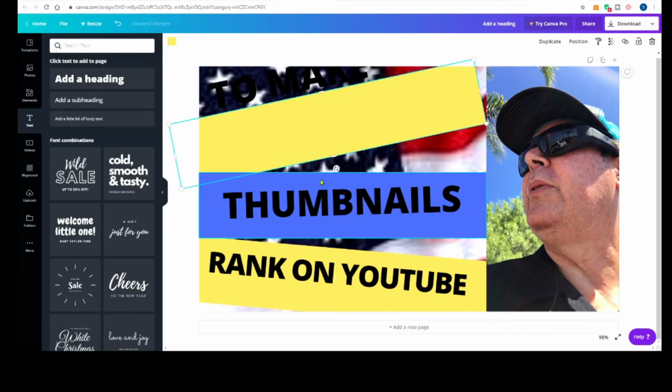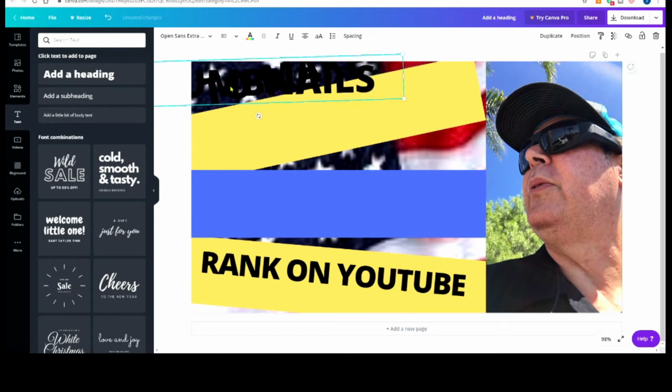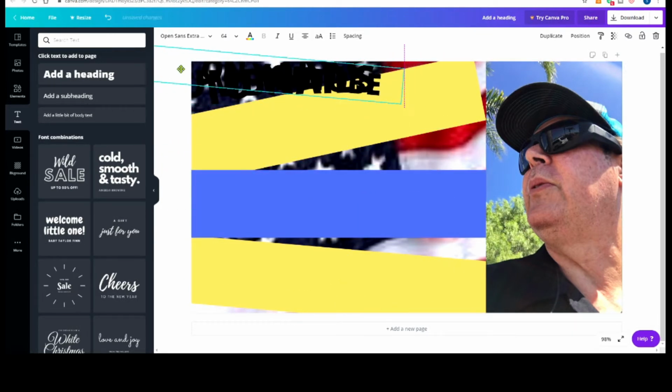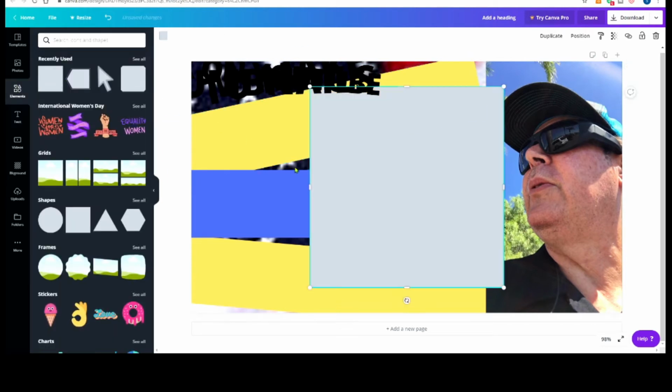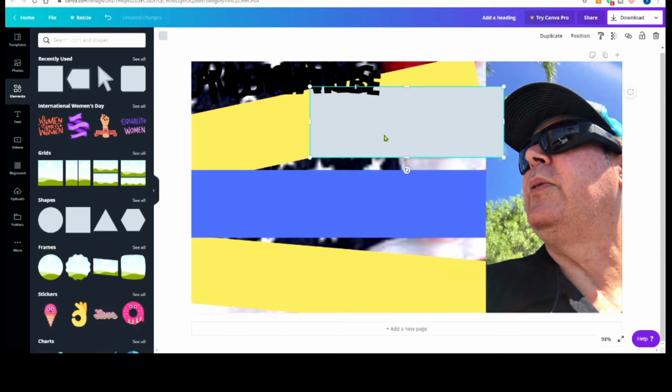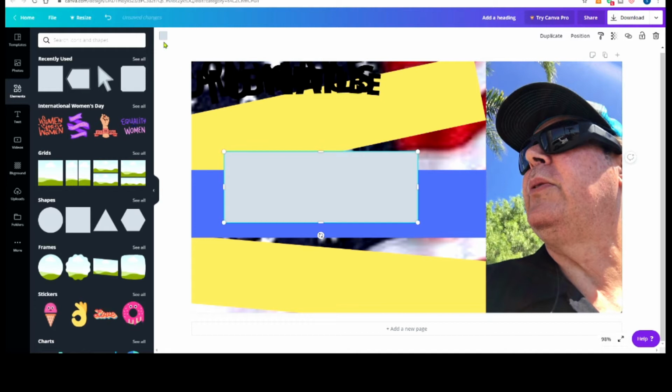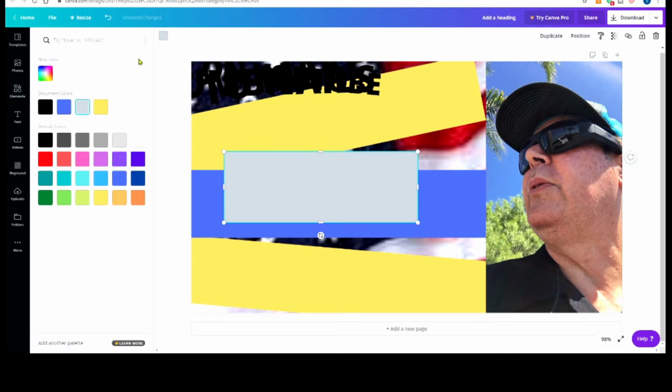So basically what I did here, and I'll just put these over here. These are real easy. So basically what I did here is I went to Element here, and I just used a blank one. And all I did was shape it and then put it in position anywhere I want. And then you go up here, see that? And you go to color, and you just find a color.